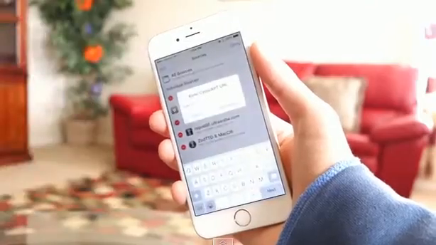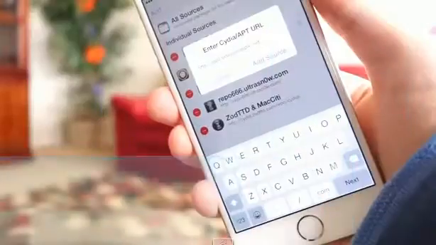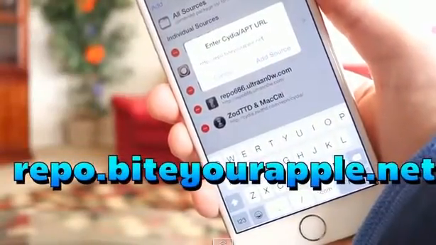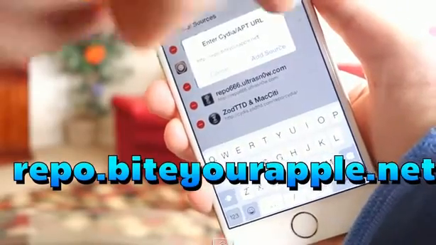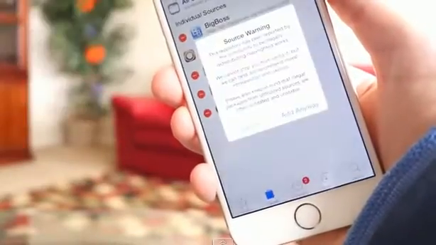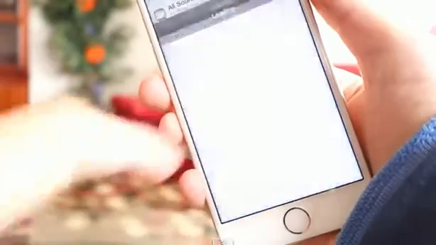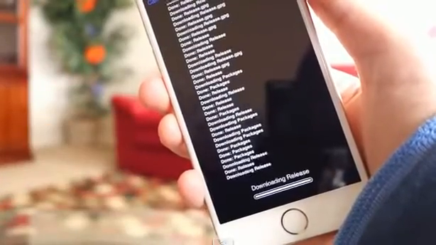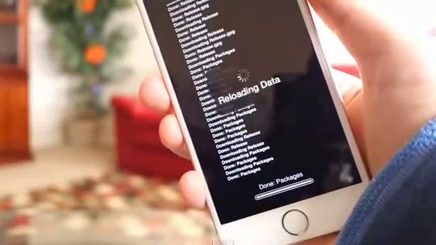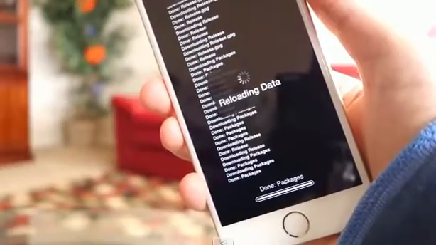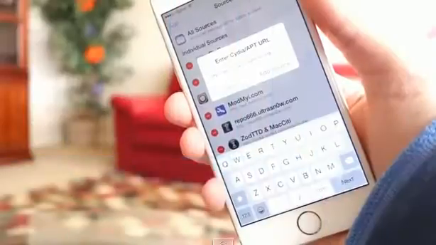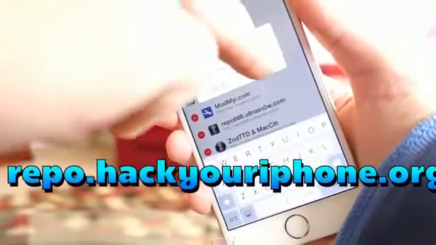Tap on add in the top left. This prompt will pop up, and the first source that we're going to be adding is repo.biteyourapple.net. So just go ahead and hit add source after typing that in, and let's go ahead and hit add anyway. This source allows you to get paid apps or Cydia tweaks for free, and it's just a really cool source. And the second source is